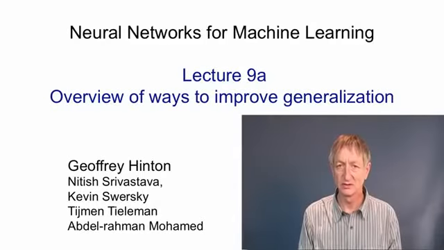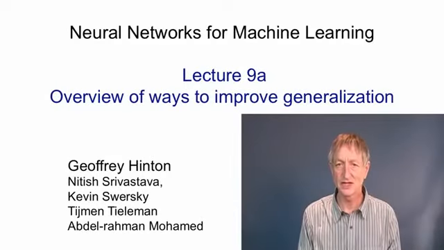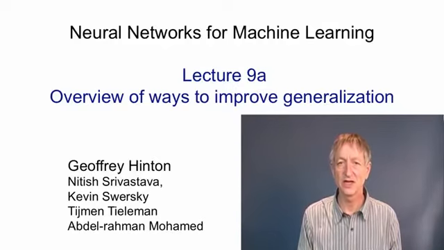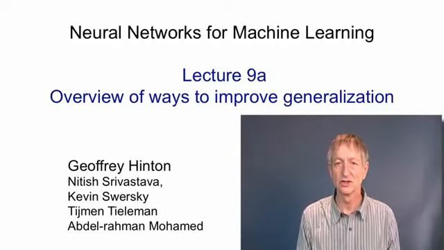In this video, I'm going to talk about improving generalization by reducing the overfitting that occurs when a network has too much capacity for the amount of data it's given during training. I'll describe various ways of controlling the capacity of a network, and I'll also describe how we determine how to set the metaparameters when we use a method for controlling capacity. I'll then go on to give an example where we control capacity by stopping the learning early.